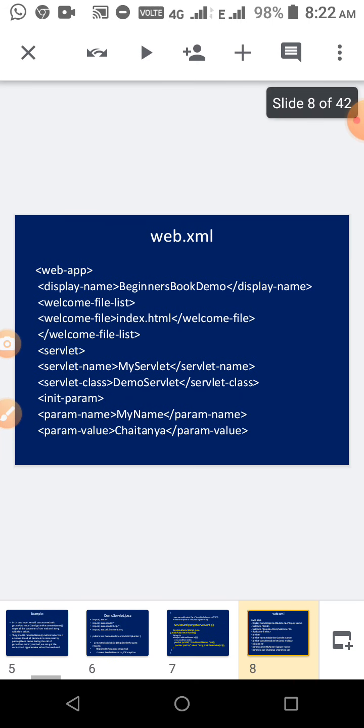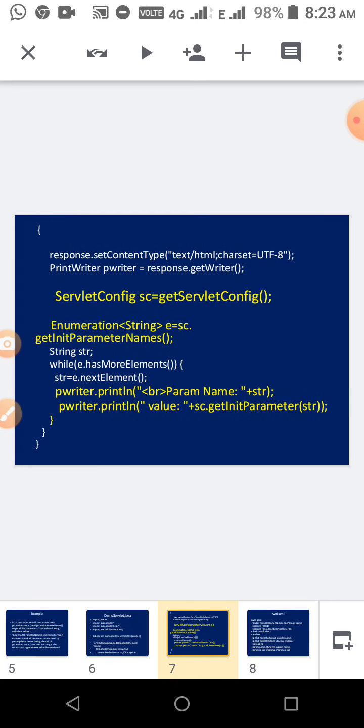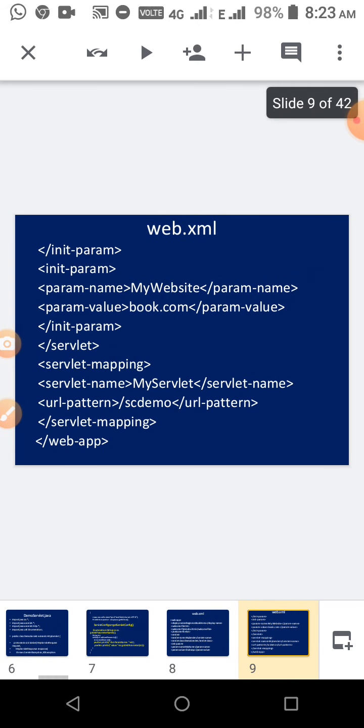So this is the web.xml file. The str name, that means the parameter name, is given there. Whatever parameter names are available here will be displayed by using sc.getInitParameter(str). This web.xml has the details of the servlet.